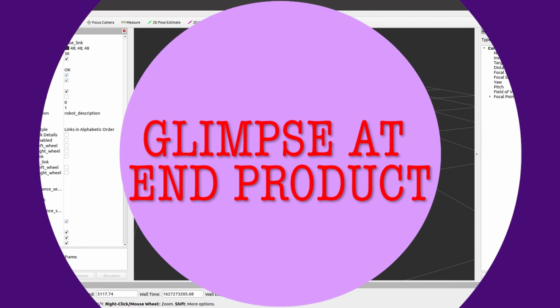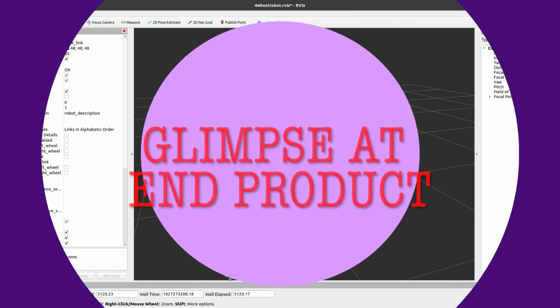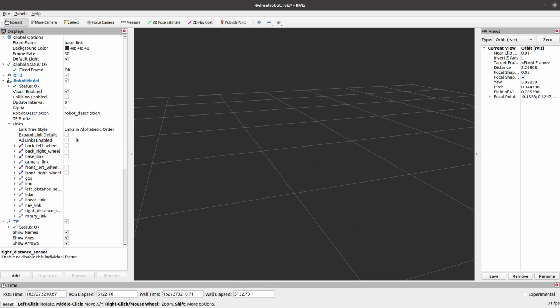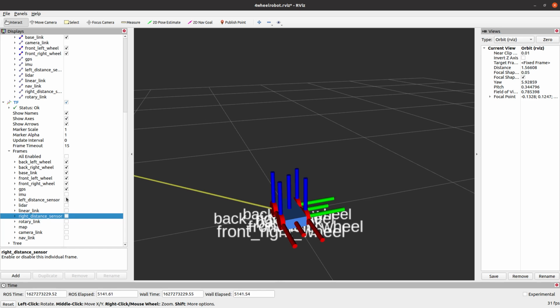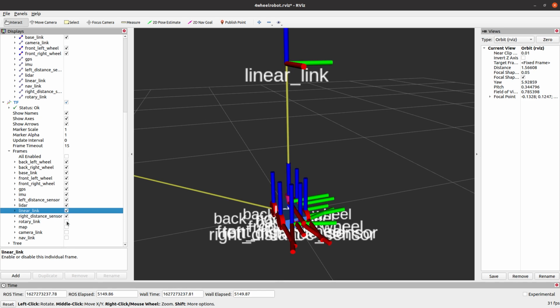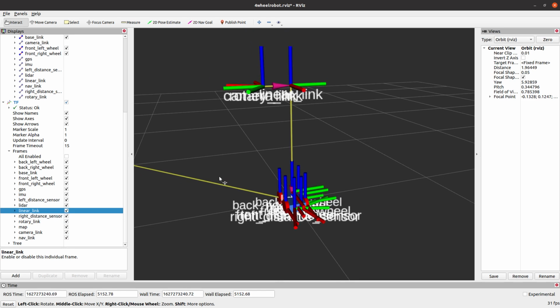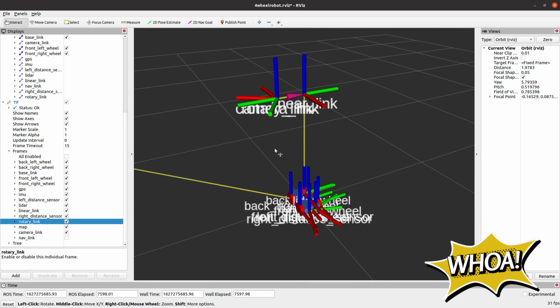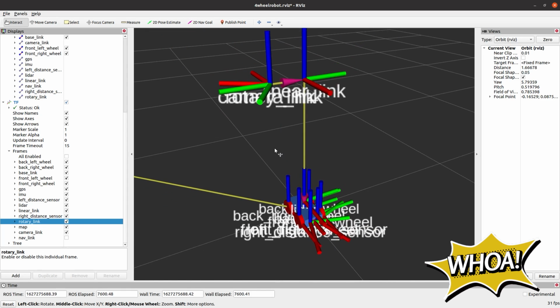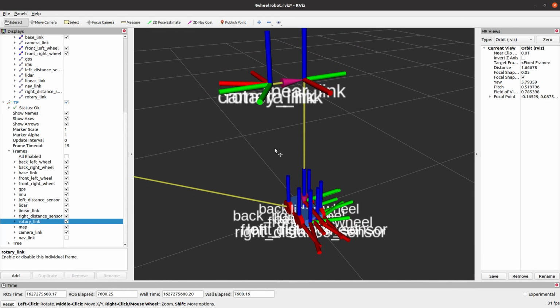Now let's take a look at what you learn by the end of the video. You will learn how to create all of these links and add visual property to some of the links. You'll also learn how to create these XYZ coordinate transforms for all the links in the robot. As you can see, we have defined all the links which are offset from the base link according to the application. By the end of the video, you'll be able to create this, understand this and modify the URDF based on the requirements of your custom robot.